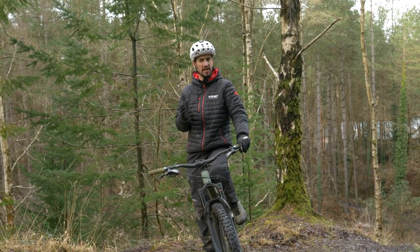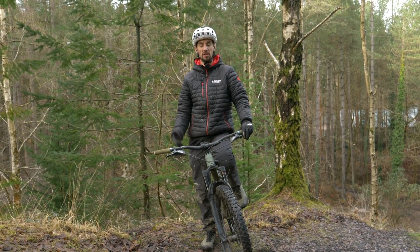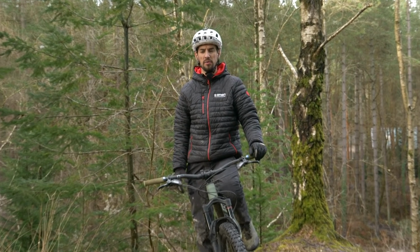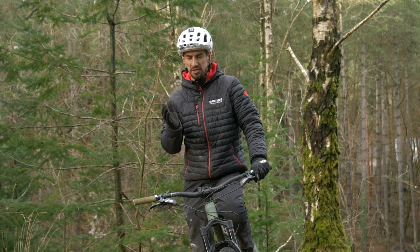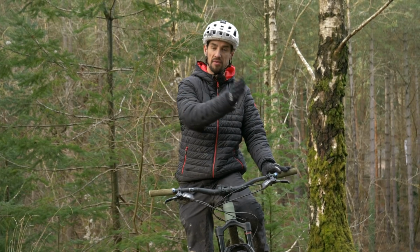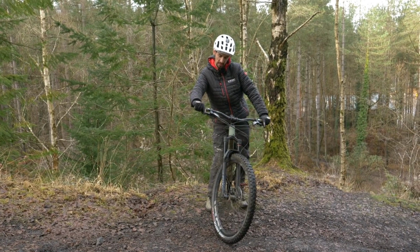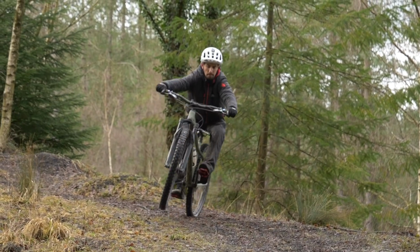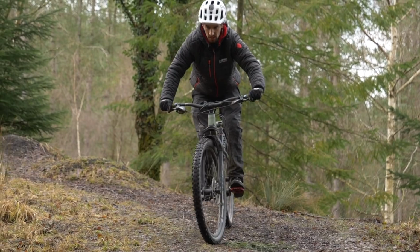A side hop is a bunny hop with some sideways motion. So first thing you need to do is learn how to bunny hop. If you're not doing that already, check out the how-tos I've done previously. We've done a few of those to teach yourselves how to do that. Then you need to add a twist into both parts. So if you're doing a bunny hop properly, you're doing a front wheel lift and then a rear wheel lift. So you add a twist to that first by turning into it when you're doing the manual. So I turn in, lift the front wheel, that brings the front wheel over here. And then I lift the back wheel with my weight and put a twist into it by pushing to the